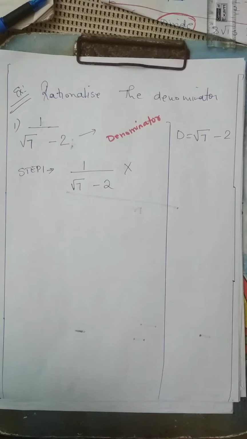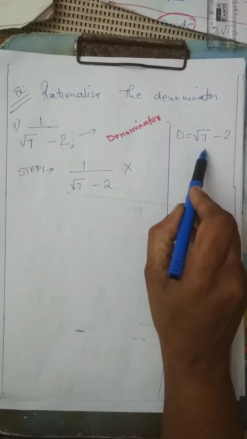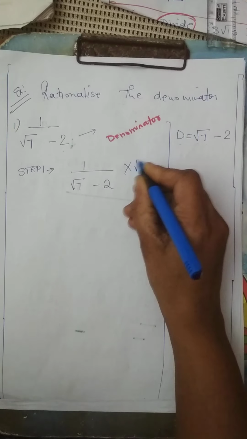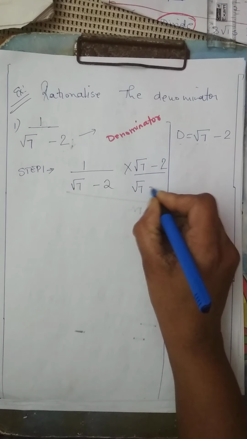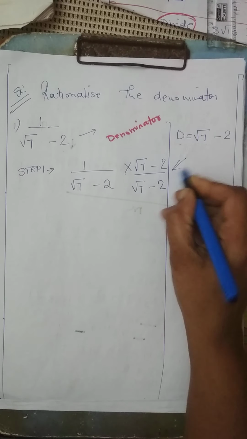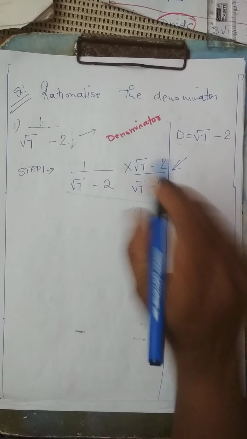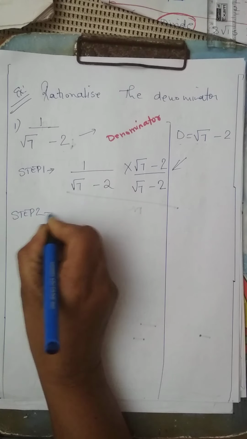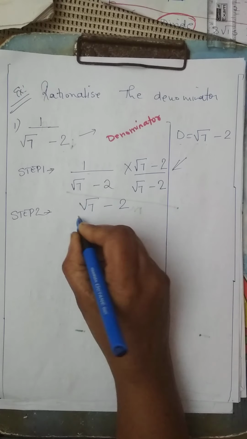You don't have to do this for the exam. This is just for showing you, like this is the denominator. You have to take this denominator and multiply this way. So what I have done, I took the denominator which looks like this and multiplied the numerator, top and down. Now what to do? Step 2. Step 2 is this multiplied by this, you get the number again.